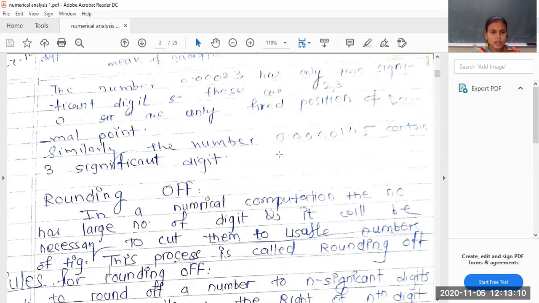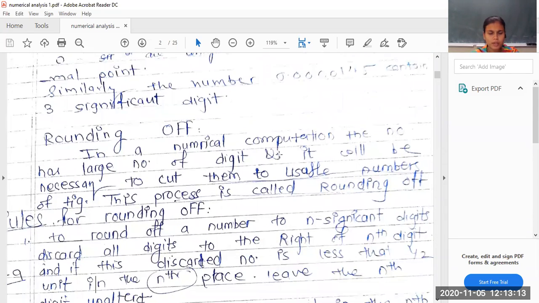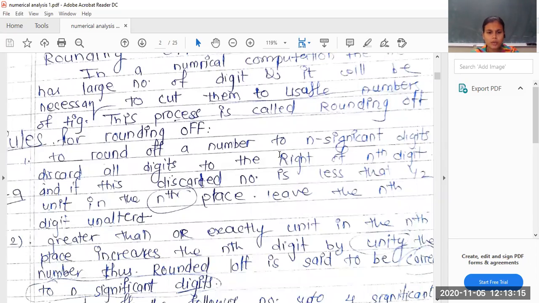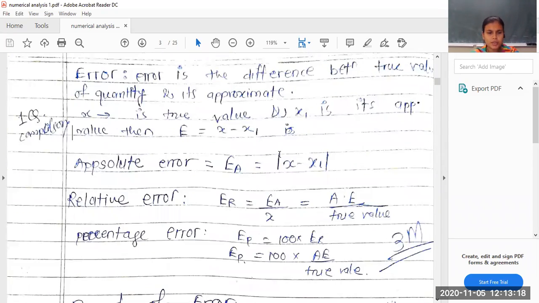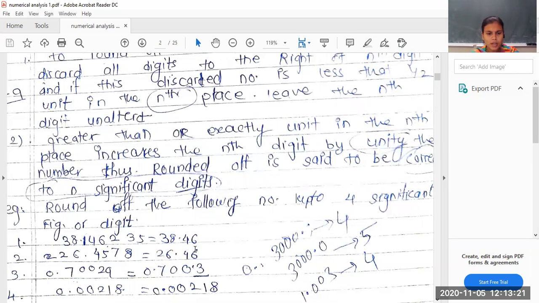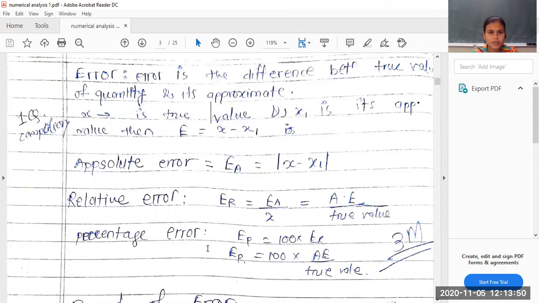Next we have seen the rounding off of a number. What is the meaning of round off of a number? In short, if you want to round off a number up to 4 digits, whatever we have in the fifth digit, if it is greater than 5, then add one to the previous number. Suppose we have 38.462, this 2 is less than 5, so we are not going to add any number, so we will put it as 38.46 like this. If it is greater than 5, then you can add.